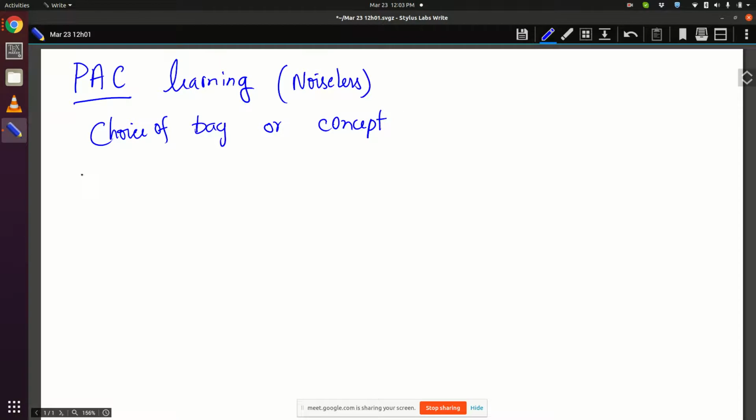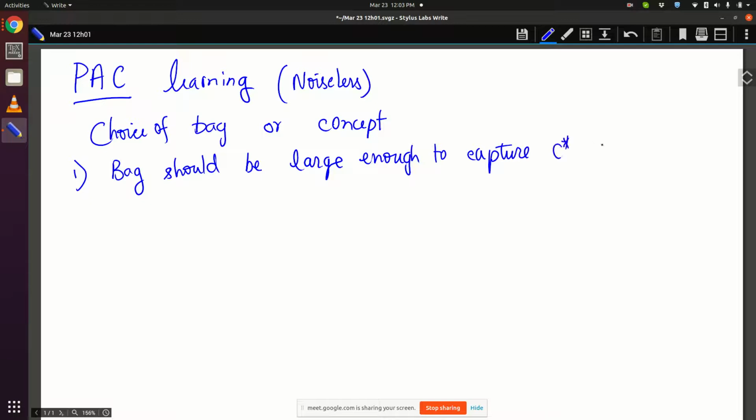One is that the bag should be large enough to capture C star, which we called the true ground truth, or God-given classifier. And even if we assume this is true,